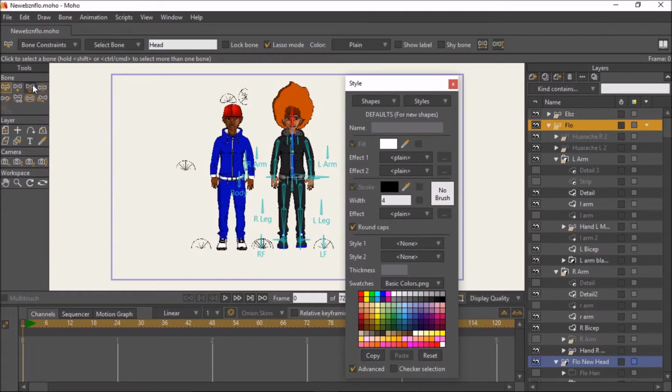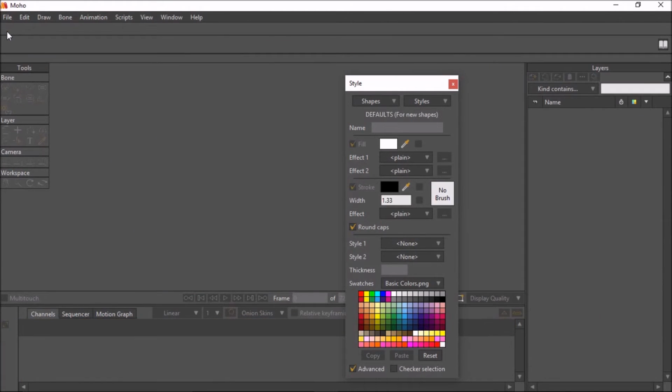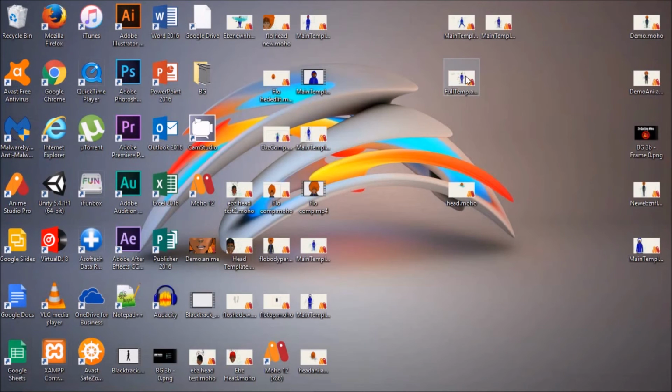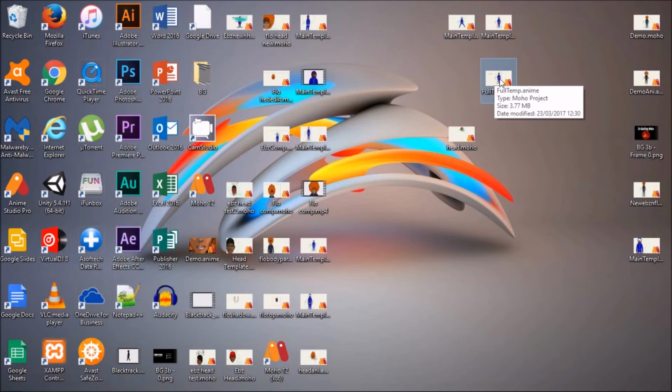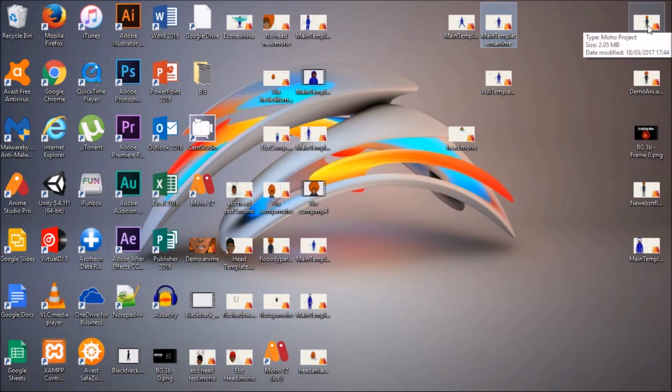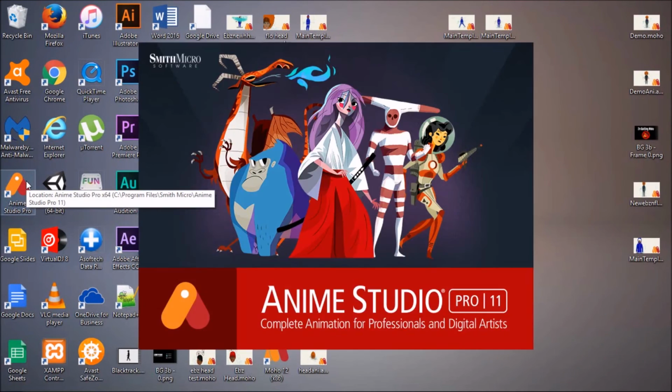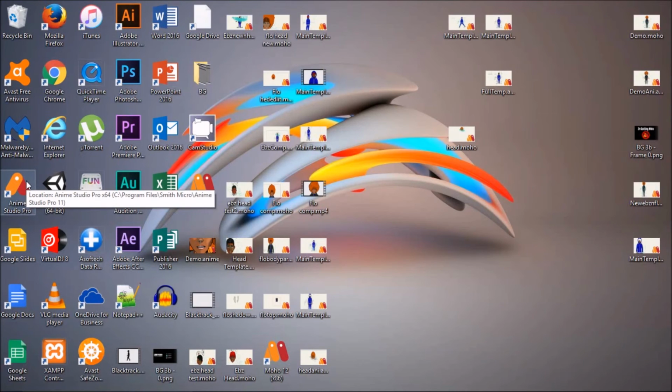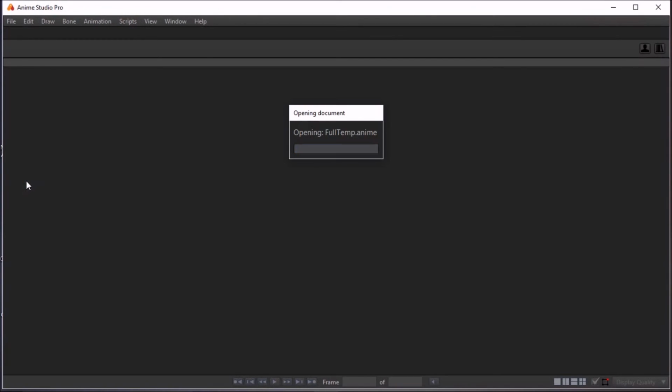So I got to a point where this rig works fine, and I'm happy with it, but there are certain actions that I want to add. For example, I'm going to open up this rig here, and this is one that I've created in Anime Studio. So I've imported these rigs that crash in Moho into Anime Studio, and if I could find, what one is it? Is it this one? Okay, maybe it's this one. Yeah, so I've